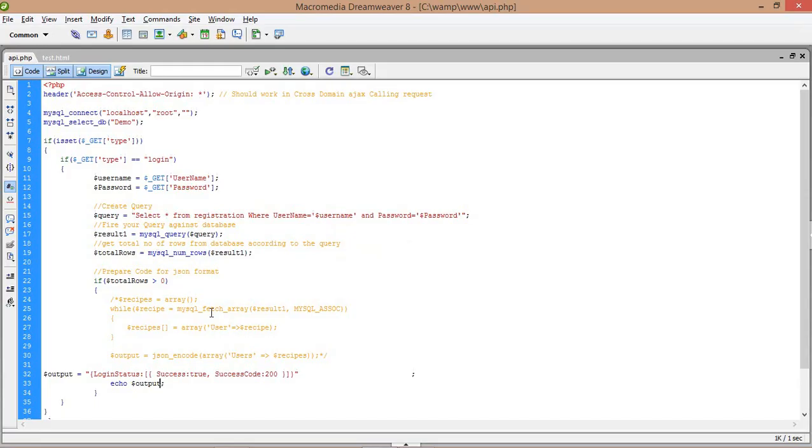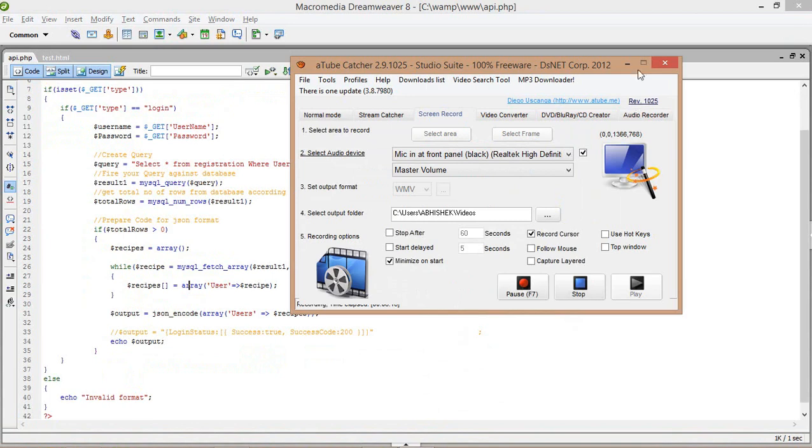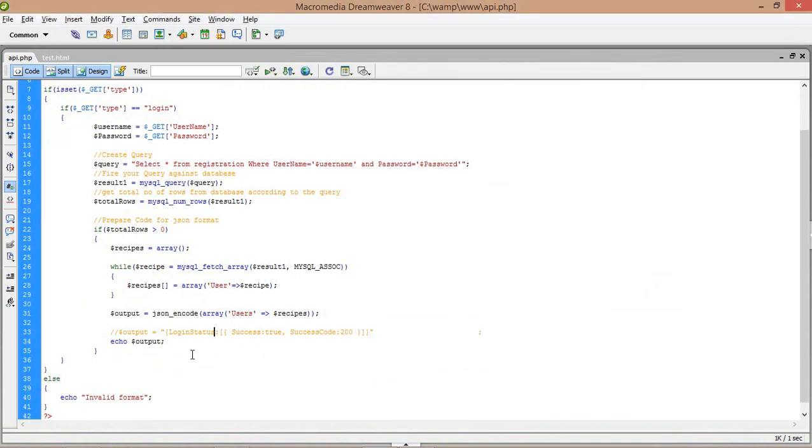At that time I have to pass this into double quotes. Whatever custom format you want, you can create over here. Or you can also follow the simple steps. Just uncomment this,